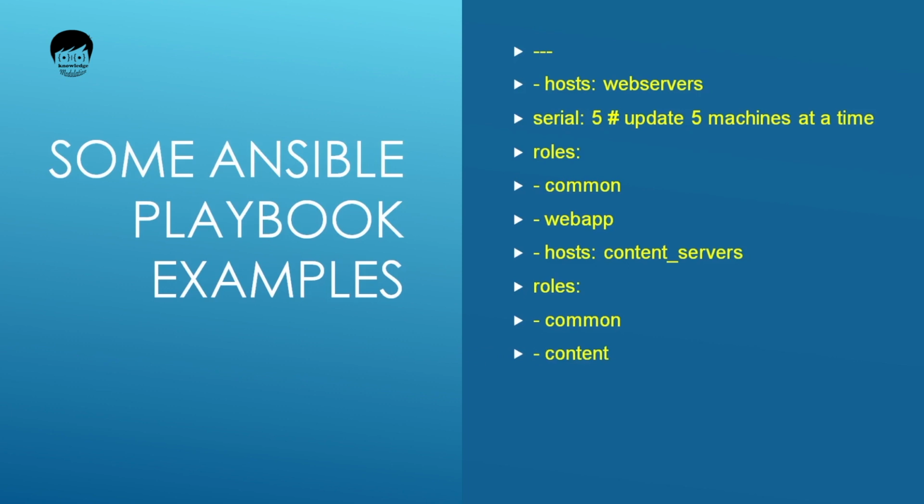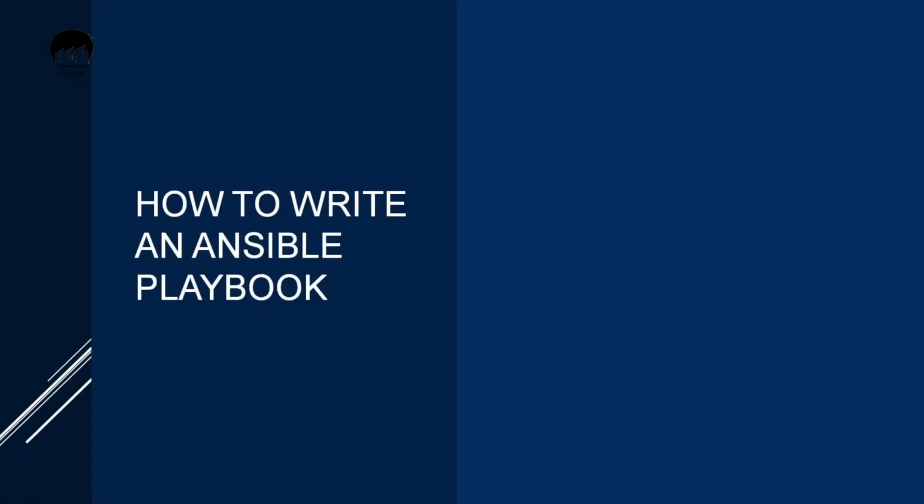In the first host, the host name is webserver, and inside that webserver there are five machines, so this will deploy on 5 machines at a time. Then we can define a role, whether it is root or admin, whatever it may be. Then common. Then again, the web application name or web server name, like that we can simply define it. Now, how to write an Ansible playbook?